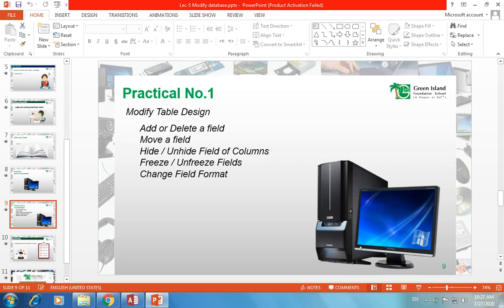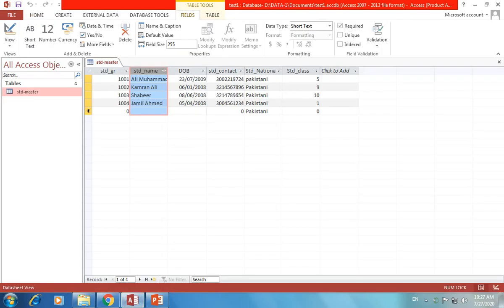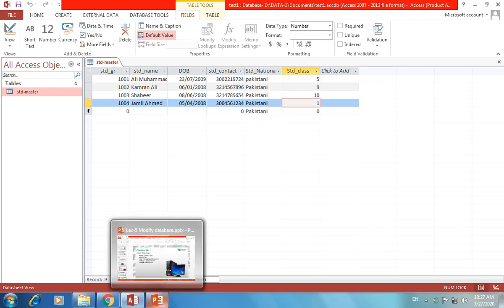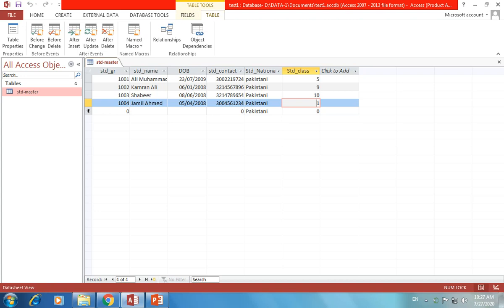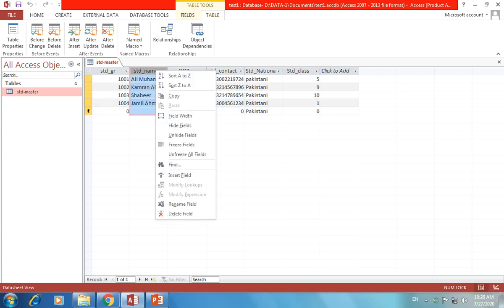So let's start. Here we have Microsoft Access, where we left last time, if you remember. The first objective is to add or delete a field. It's very simple. Suppose you wanted to add a particular field. What you need to do is click the right mouse over any particular field and click